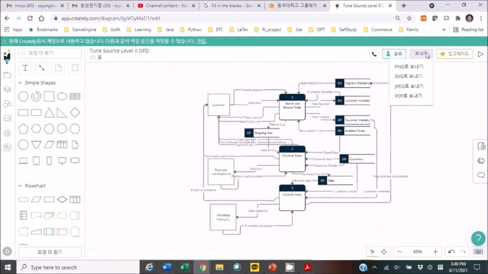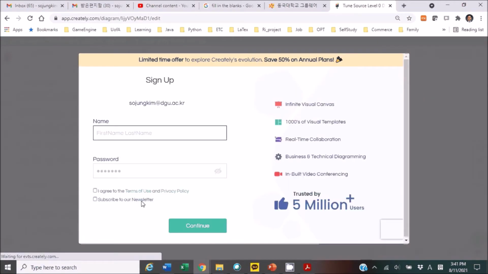So if you just click this button and then you can choose the option. Let me just use a PDF or JPG, right? And then definitely you need to sign up. Okay, so but